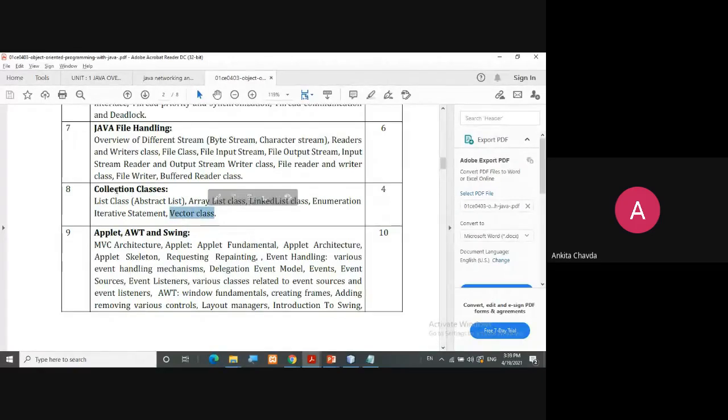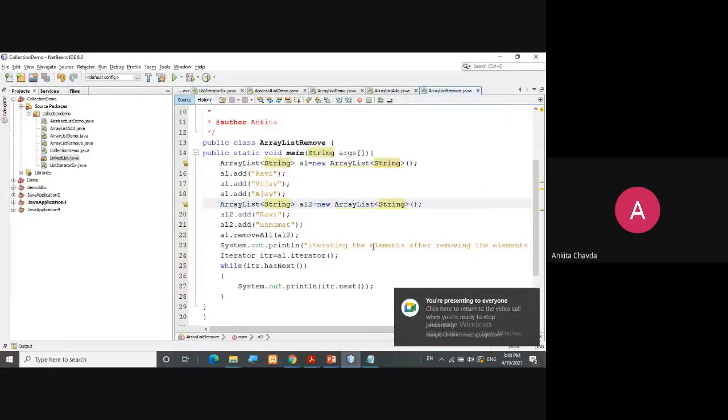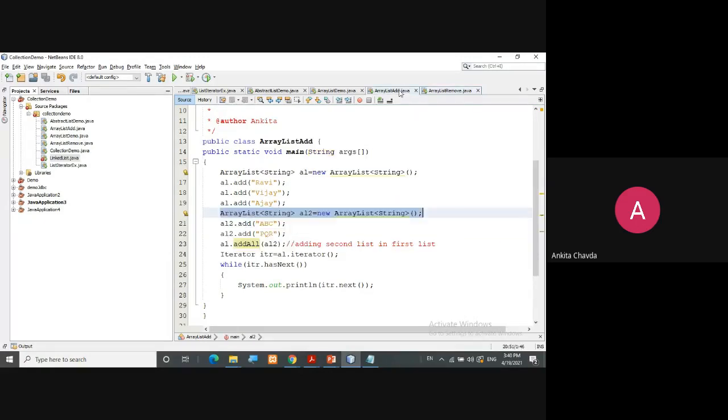These three classes come from this abstract List. And then only one more thing, the Enumeration and iterator statement. Only this many things remain, and we'll be able to finish. That is why I've reduced my speed, because now we are left with only a single unit, which is the applet, and we have sufficient time, I think. Fine. So you can try the different methods, or you can try this program right now.